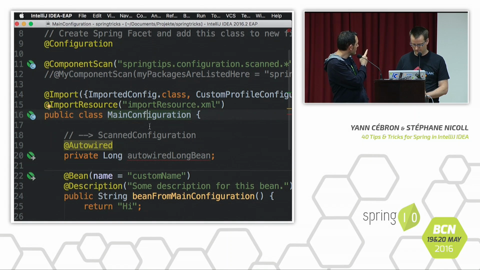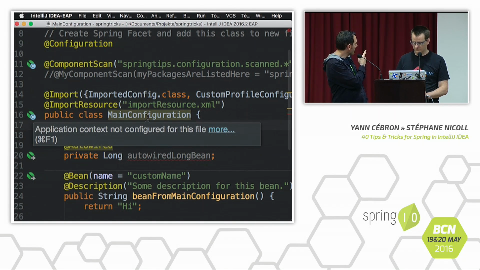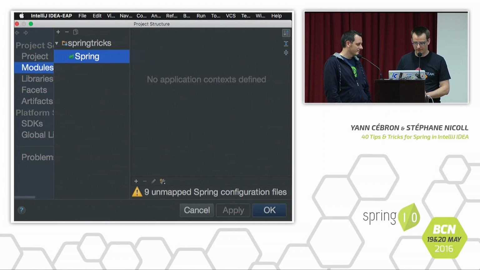No, what I mean is manually. So file, can you show how we can access that manually? So file, project structure. Yeah, that's just something which is not on the screen. I'm sorry. Okay. So the action to invoke this is project structure, which will bring up this dialog where you